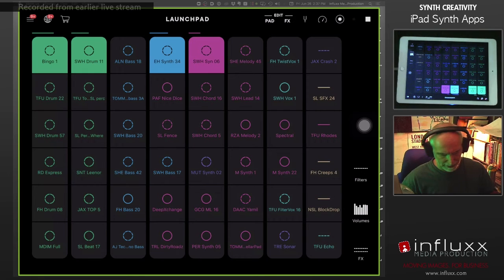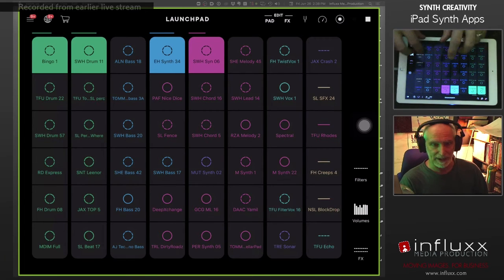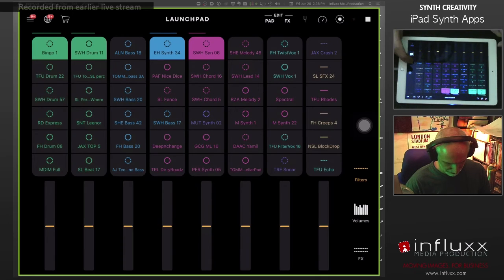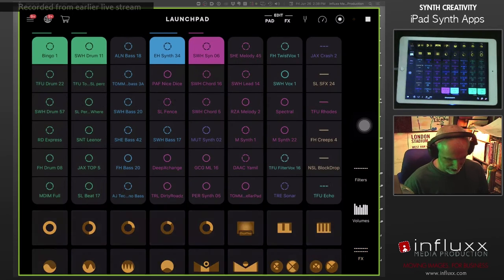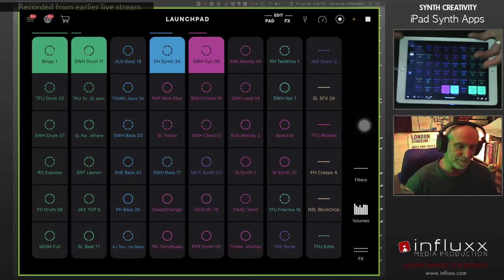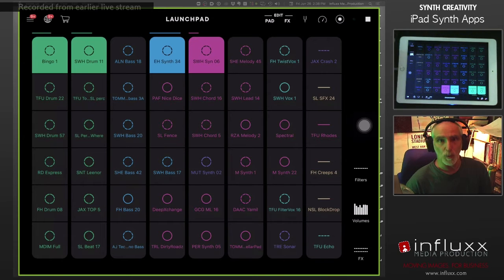Maybe if you had an actual Launchpad hardware, one of the Launchpad minis that is smaller and more affordable and more portable, you could plug that into USB and control a lot of this with a more tactile feeling than trying to fiddle around. And obviously, having to go to the filters and then go to the effects, you can do one thing at one time, so not ideal, but